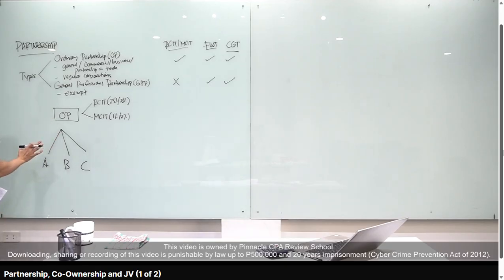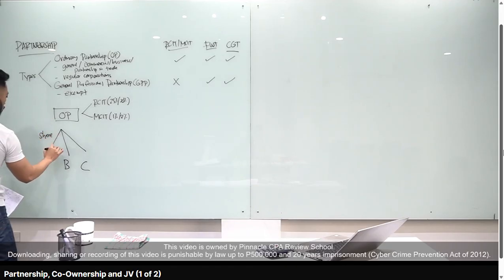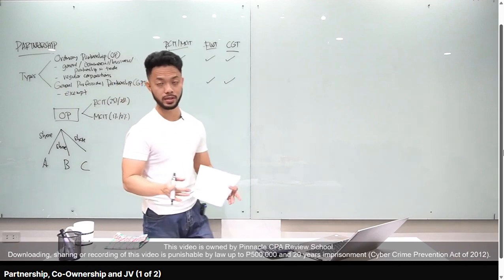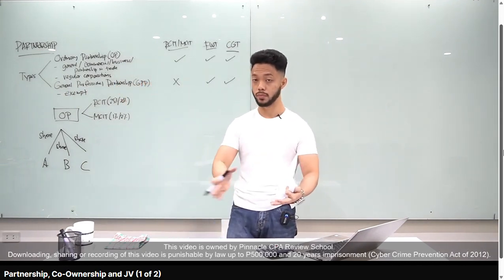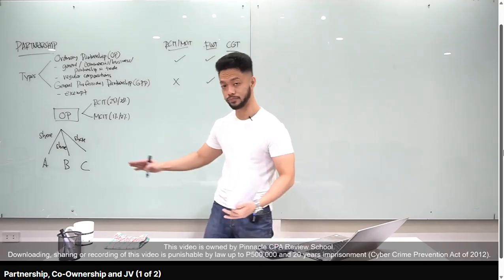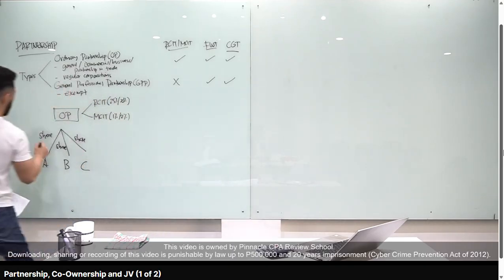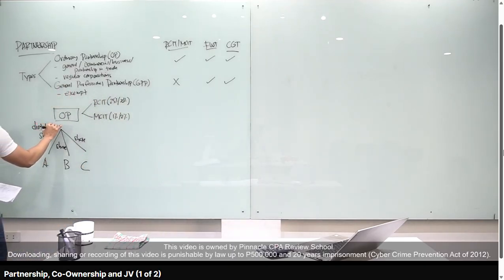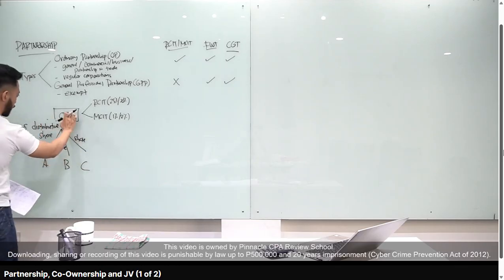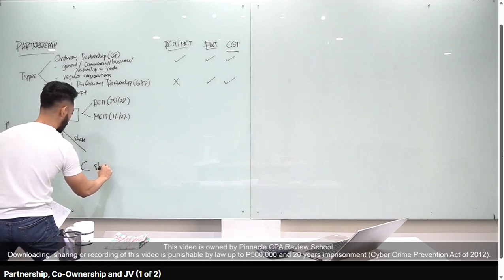Ngayon class, at the end of each year, magko-compute tayo ng share in the net income of the partnership. So, si A, B, and C, meron silang share. So, parang sa net income allocation in AFAR. Di ba, every end of the year, nag-compute tayo ng income allocated to the partner. So, meron tayong salaries, may interest, may bonuses, and then yung remainder depende sa agreement nila, P&L ratio. Okay, yun yun. Alright? Ang tawag natin dyan class is distributive share. So, pag nabasa mo yung distributive share, una mo lang iisipin, yan yung ginagawa namin sa AFAR, net income allocation. So, basically, ito yung increase in capital of the partners. Tama? Now, so si A, B, and C, makaka-receive sila ng share from the ordinary partnership. Since treated as a corporation yan, ibig sabihin, treated sila as shareholders.